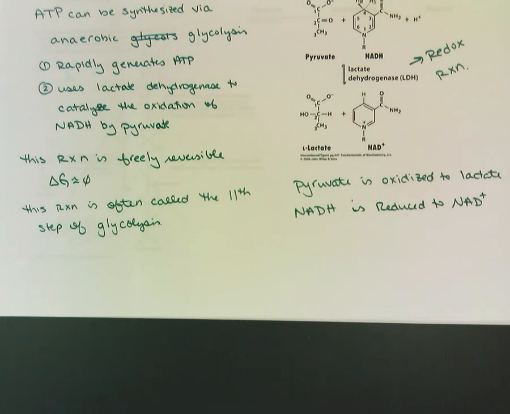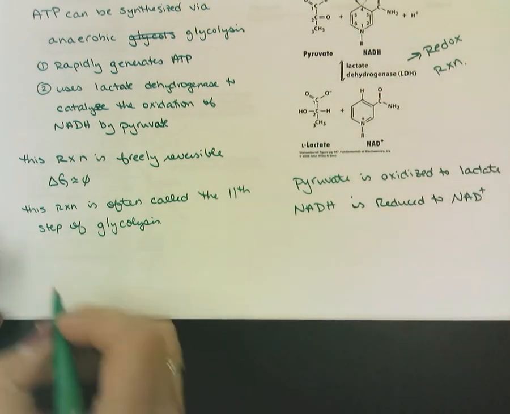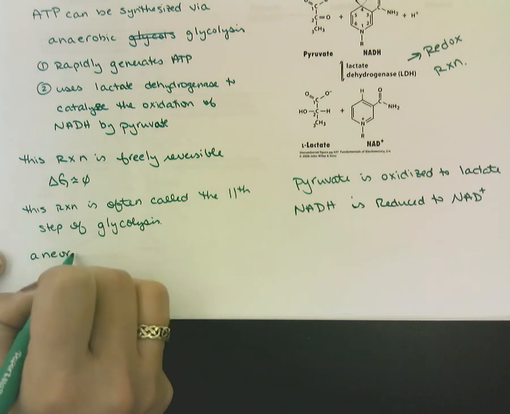And you'll see sometimes it's referred to as the 11th step of glycolysis because it's easy to go from pyruvate down to lactate. And if that is truly the 11th step, then your body actually wants to go down this pathway to make lactate, the anaerobic